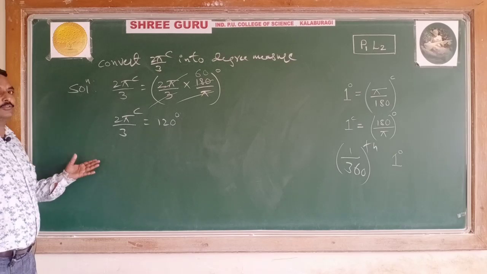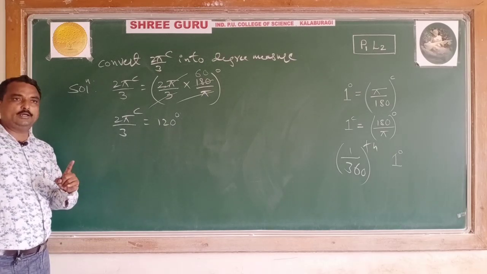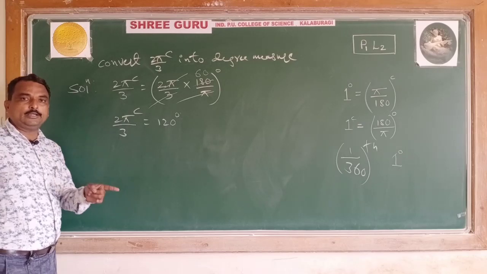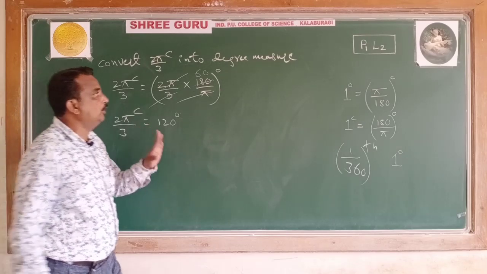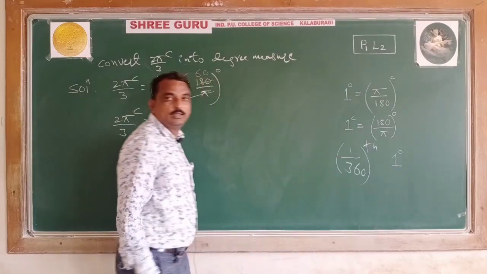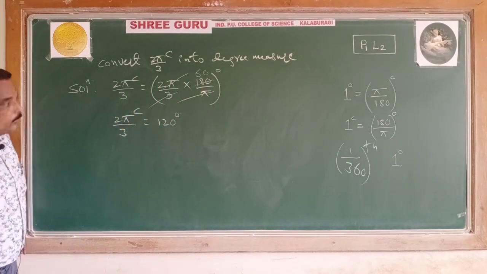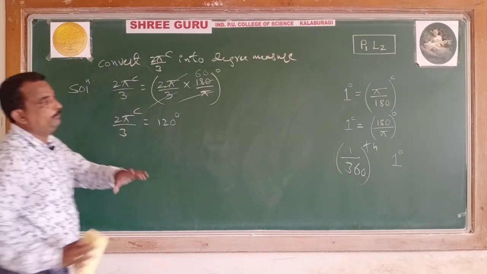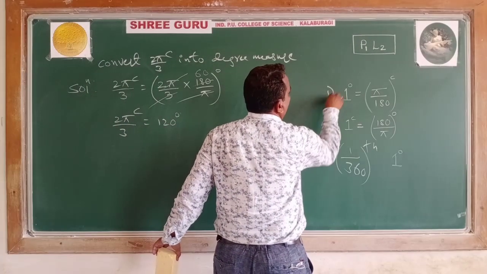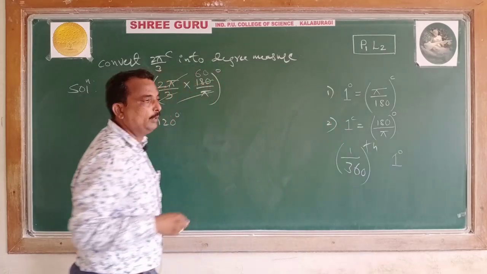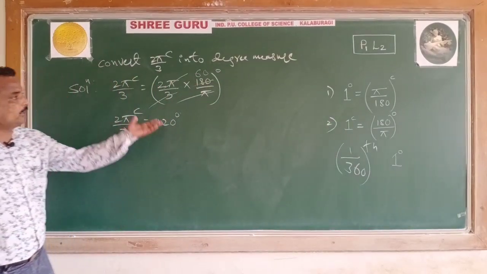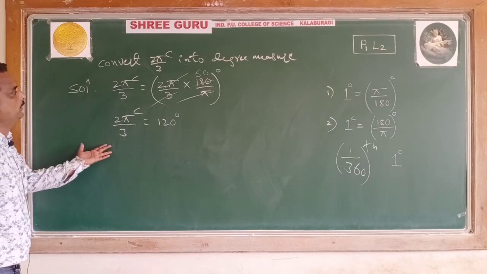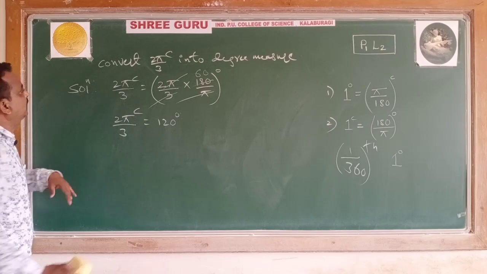Such simple conversion examples will be asked in the examination, and it is in Part A, very important for the examination. 1 mark questions are important to score maximum marks out of 100. These are very simple questions. So you should remember these 2 points, students. This is point number 1, this is point number 2. You may convert any angles using these, either in terms of degree or in terms of radian. So these are the 2 ways: the conversion of degree to radian and radian to degree.